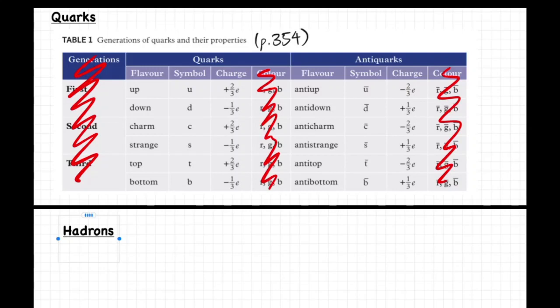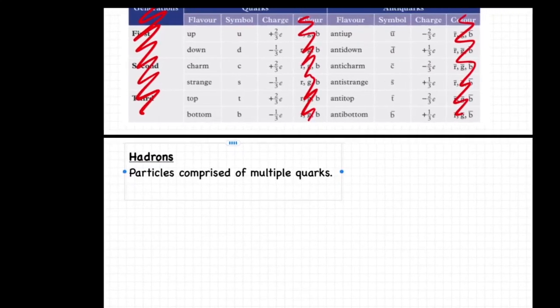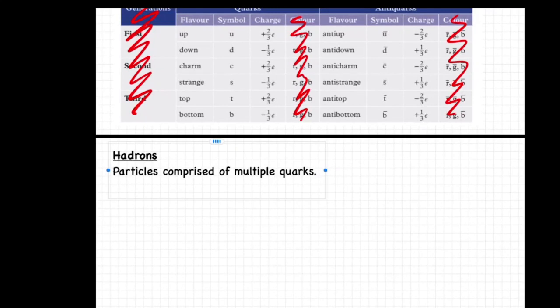Now, there's a word I want to use here. Hadrons are particles comprised of multiple quarks. Again, there's probably an infinite number of hadrons that may or may not exist, and some may be stable, some may not. Here's the 2 types that are most relevant to us. Mesons,